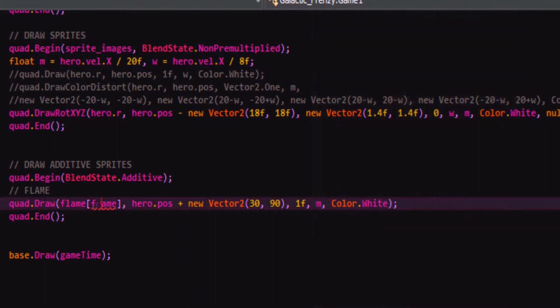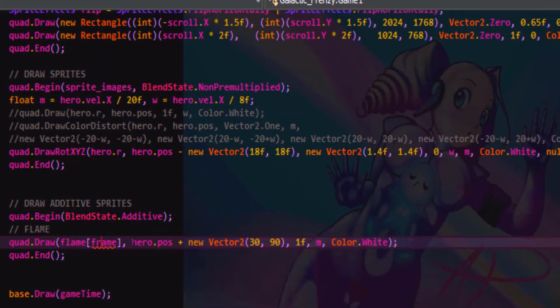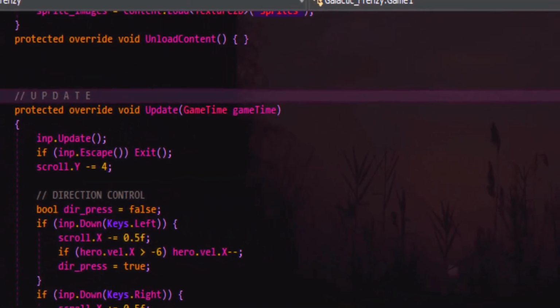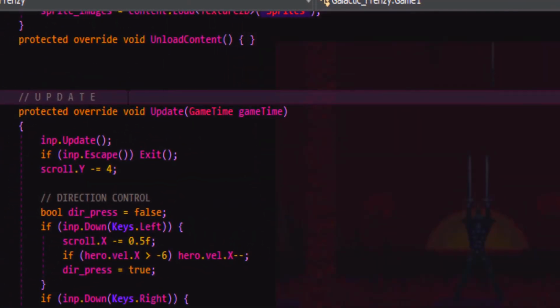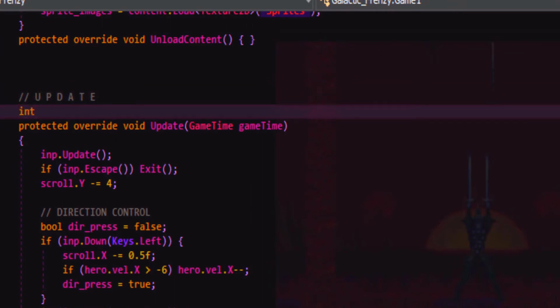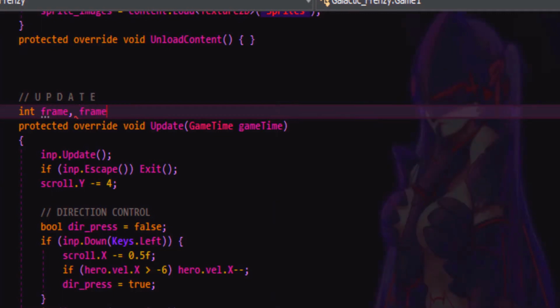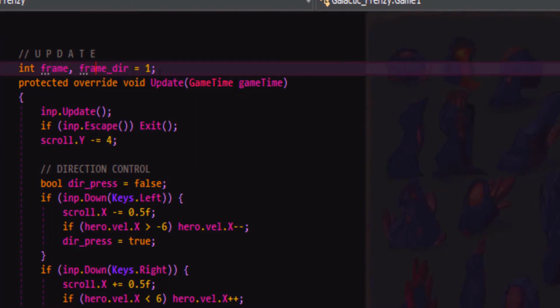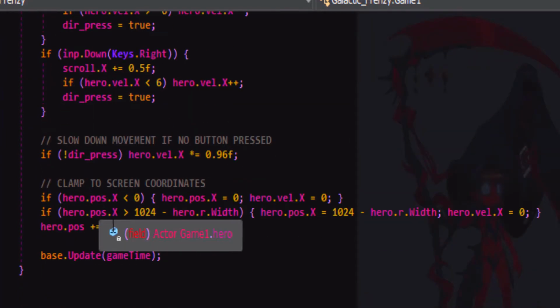So first let's go up to update, and we'll go up higher and we'll add that frame in there. In update, the only two places we're going to use frame are update and draw. So I'm just going to put the frame value here. Set frame, it'll automatically be set to 0. And we'll want that frame to go up to the maximum frame and then back down. So it's going to need a frame direction. At first it's going to be adding 1. When it gets to the end, it'll start subtracting 1, so it'll have to change that to -1. Okay, so now that we got these here, it'll keep track of them all the time.